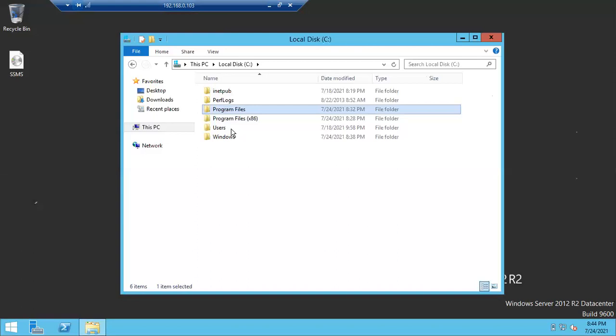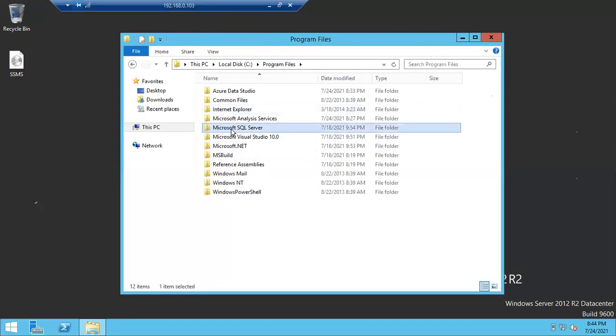So now let's see what kind of folders will be created. That is also important. When you install software, not only SQL Server, it will create a folder in the C drive, in Program Files, with the software name. Go to Program Files, and there you can see Microsoft SQL Server. This is created once you install SQL Server. Now my question is, if the installation has failed, is this folder going to be created?